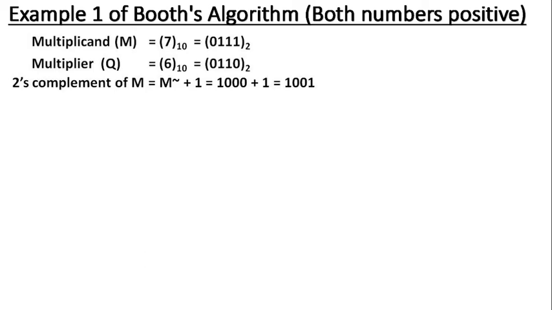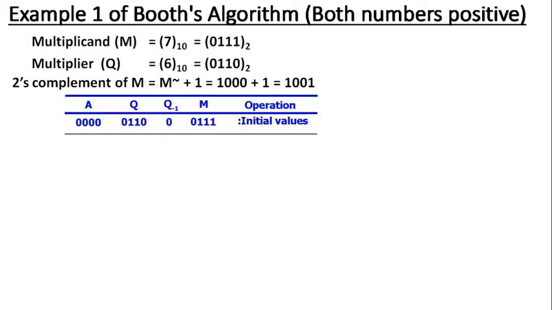Okay, this 2's complement is required whenever we are performing subtraction in some of the iterations. That's why this 2's complement will be used here. Performing subtraction using 2's complement is always simpler and faster. Now next, here I want to start developing each iteration in a tabular form. So the first column will be register A. Its initial contents will be 0, 0, 0, 0. 4 bit, all 4 bits are 0.